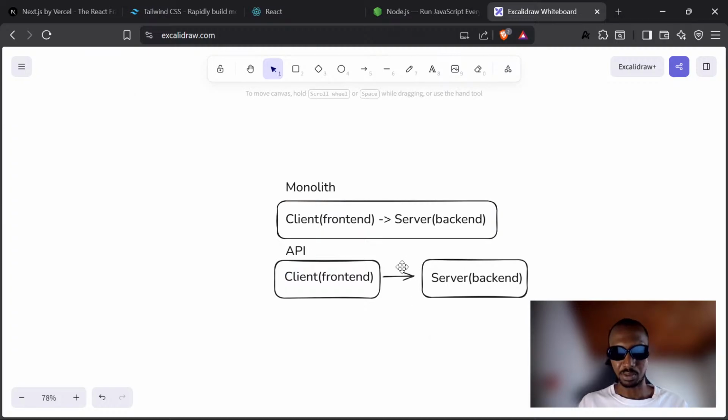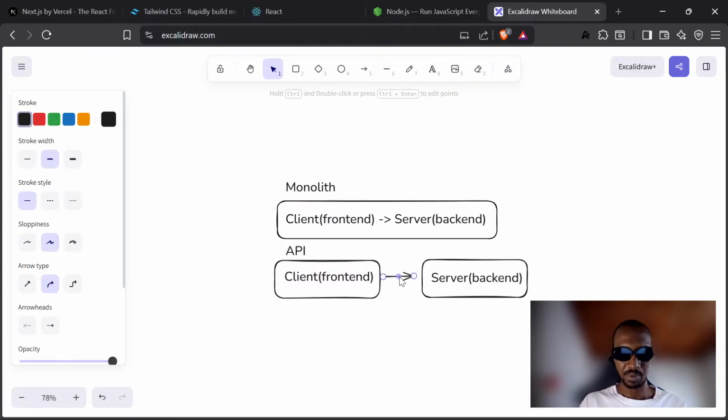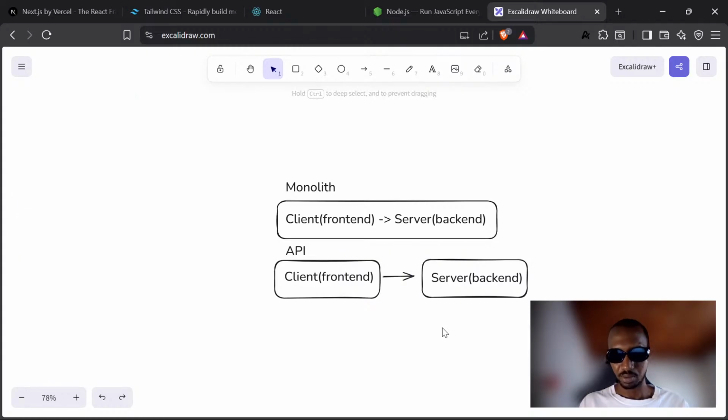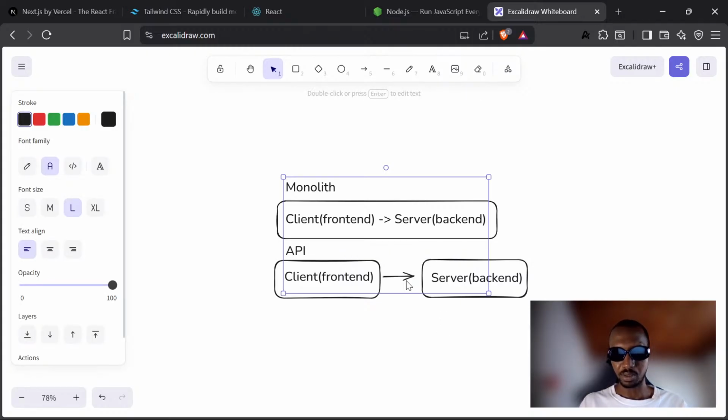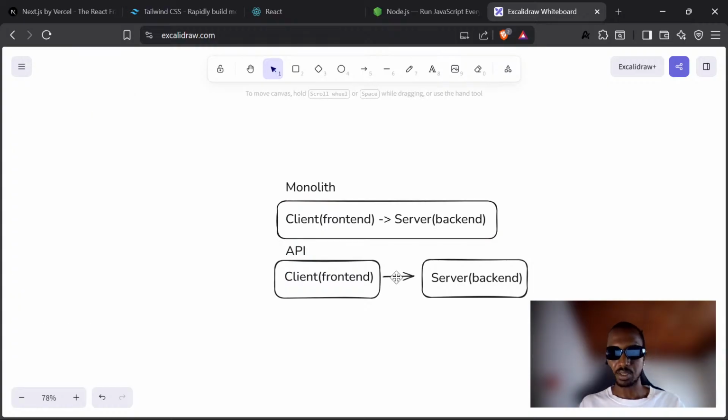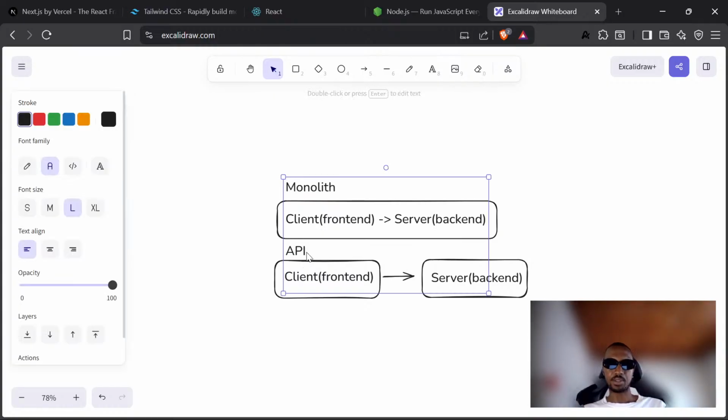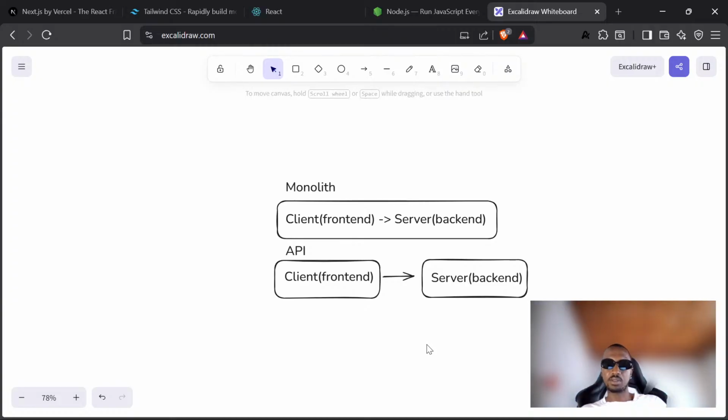This is how it works. And then, okay, I think this is almost what I'm trying to. So here,